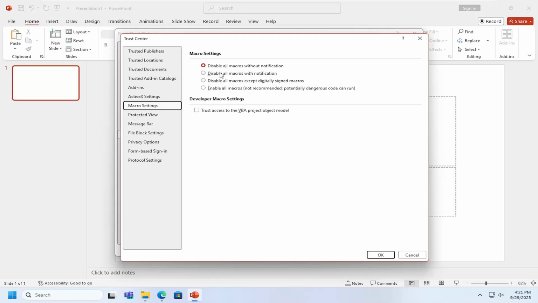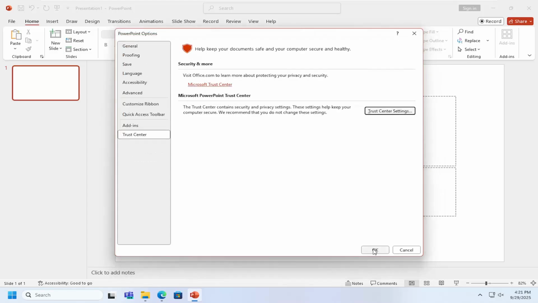with notification. If you just want to get notified, then you can allow them on a case-by-case basis, or you can enable all macros, or you can disable all macros except for just digitally signed ones. So you have different options here, and then you would just select OK to save it, and that's all you